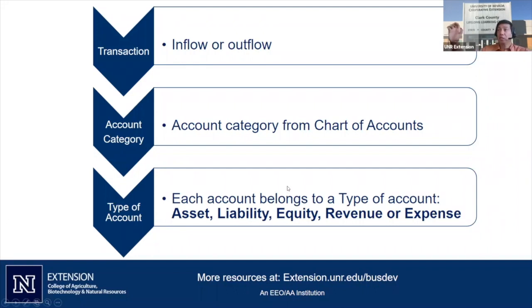So your inflows, money in, money out, however you spend it, cash, credit card, checks, debit, recurring payments. Account categories, which are defined on your chart of accounts. That's like your menu. That's how you spend money and how you make money. And type of account